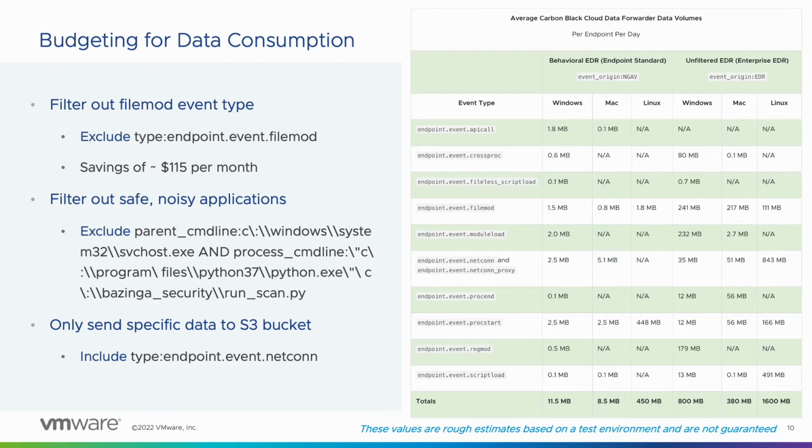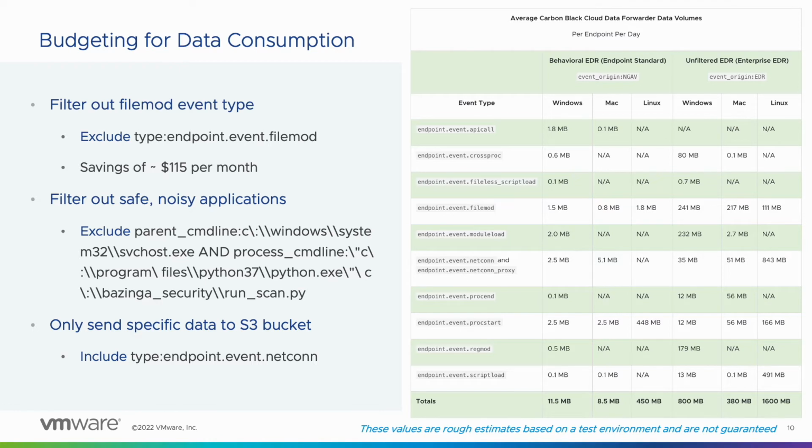We can create a custom filter to exclude type endpoint event file mod. If you look at the table here, you'll see the average data volume per day for file mods. We can use this to calculate the amount of savings created simply from filtering out data Bazinga doesn't plan to use. Bazinga has both endpoint standard and EDR, so we can multiply the columns for Windows, Mac, and Linux by